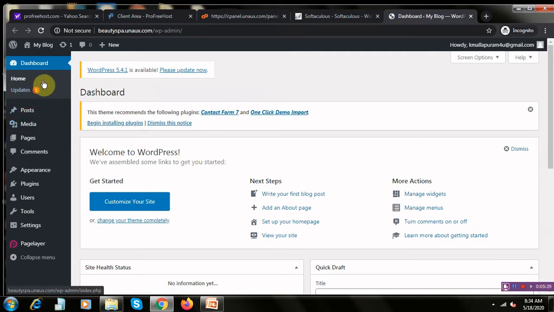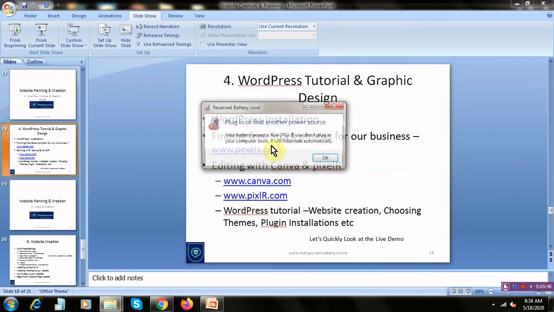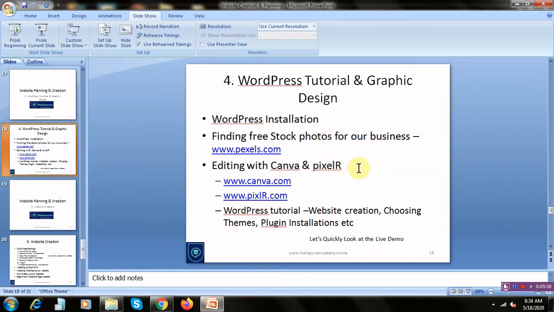This will be your WordPress, and this is where you will start editing your website. These are the shortcuts available on your dashboard, wherein once you log in you can write or add a post, which we will be discussing. Once you have installed, let's get on to